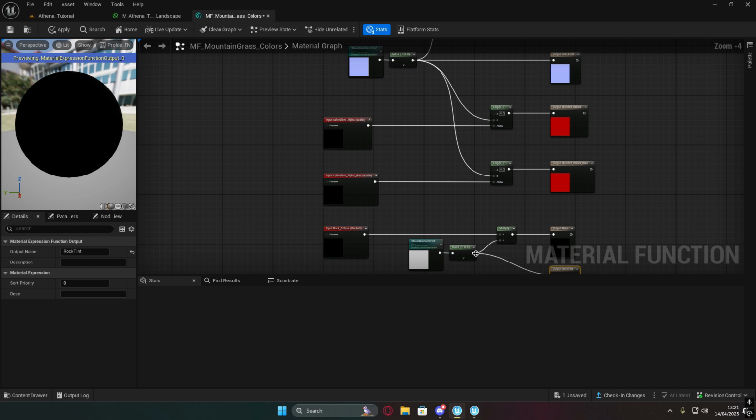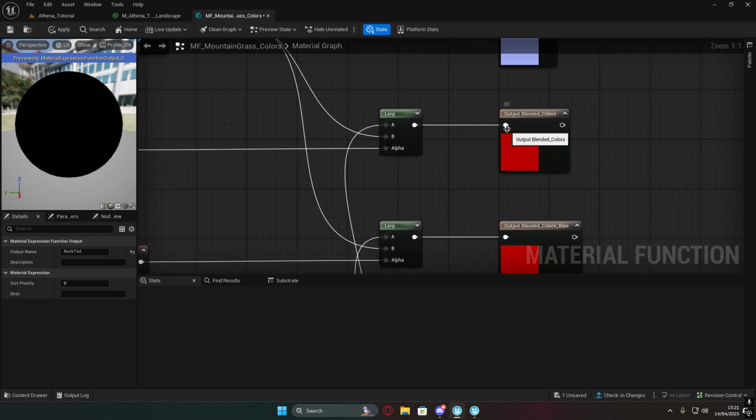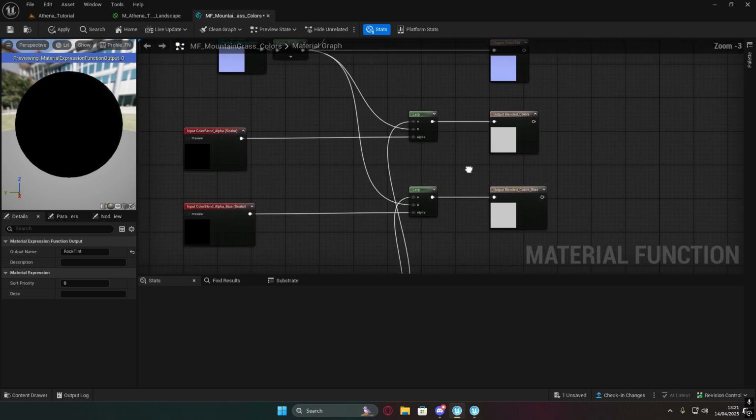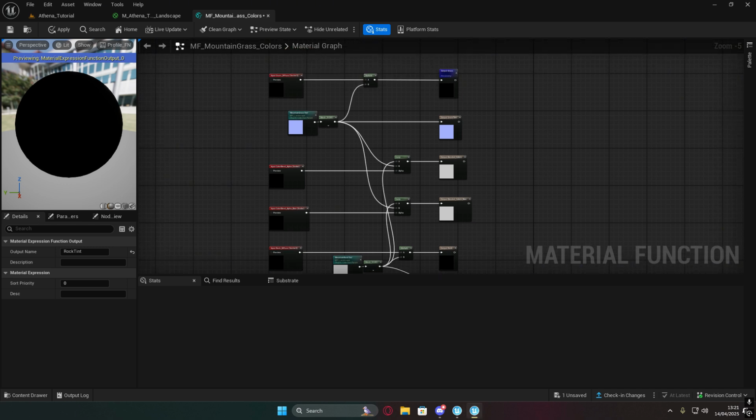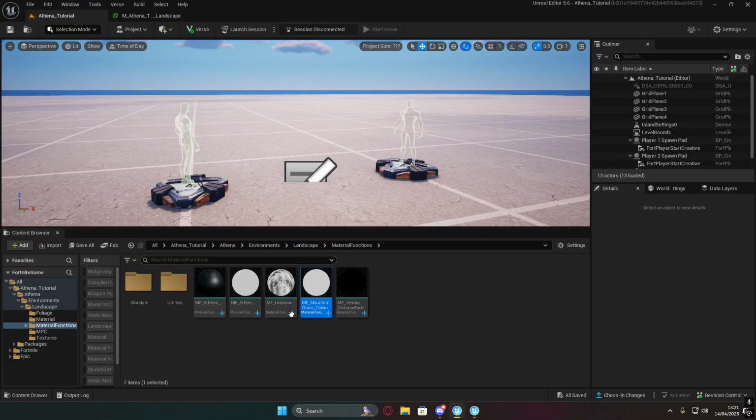And then this RGB value will plug into the A channel of the respective blended colours. I'm just going to refresh those so they are there. And we have now completed this function. So what we are going to do now is we're going to do another function,